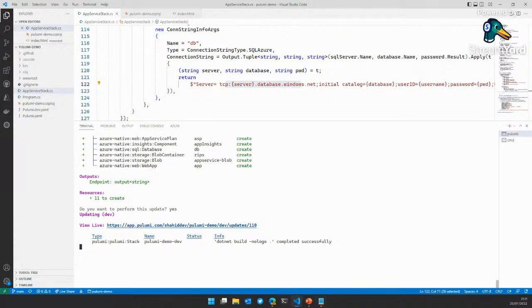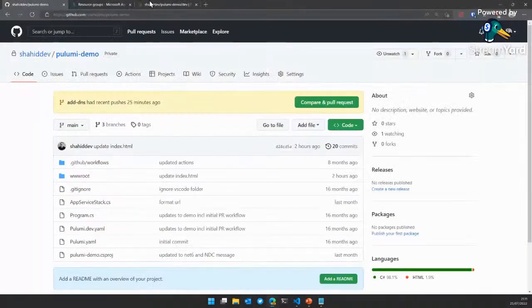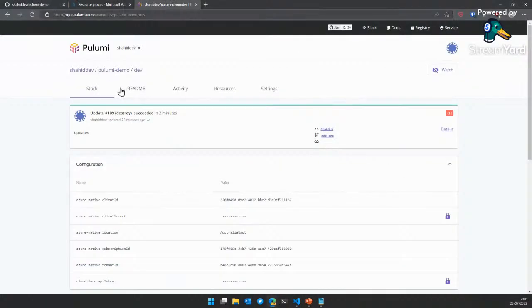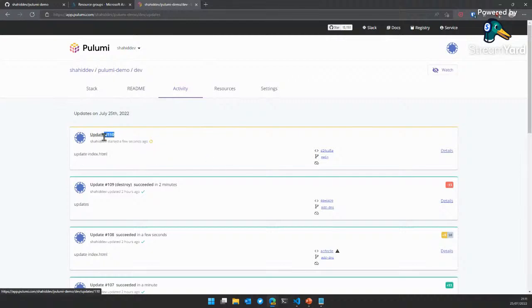While that's running, let's have a look at the Pulumi console. So I said I was going to dive a little bit more into this. So here's this demo project. You can see I've had a lot of updates to it now since I've been using this a fair bit. And here, for example, you can see the Git hash for where this was connected from the code that was used to run this. Probably just rerun that, refresh that, so you can see the latest preview.